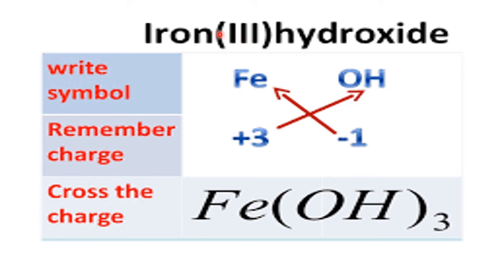So iron is in the +3 charge and hydroxide is -1. So the 1 will come here, and the 3 will go here because hydroxide is diatomic. I told you to put the bracket. The bracket is put and 3 will come here. So the formula is Fe(OH)3. In this way we can make the formula.